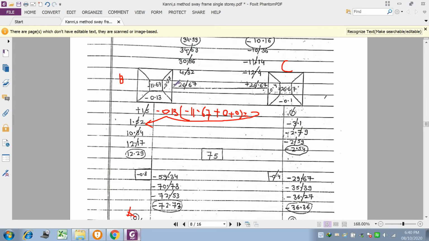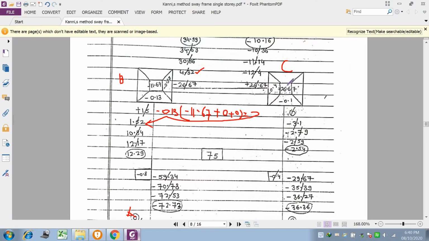If you calculate the value for BC, instead of writing the rotation factor of minus 0.13, you have to write minus 0.37. Write the minus 0.37 here, and the rest of the things are the same, so you will get the answer as 4.37 here. Now the new value is obtained at BC. This value you can utilize in your next calculation.